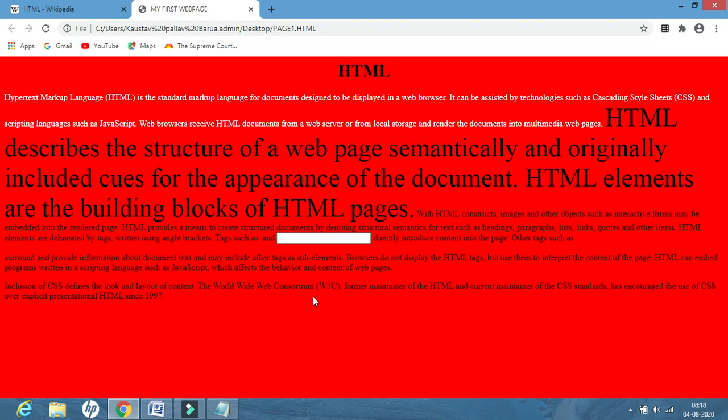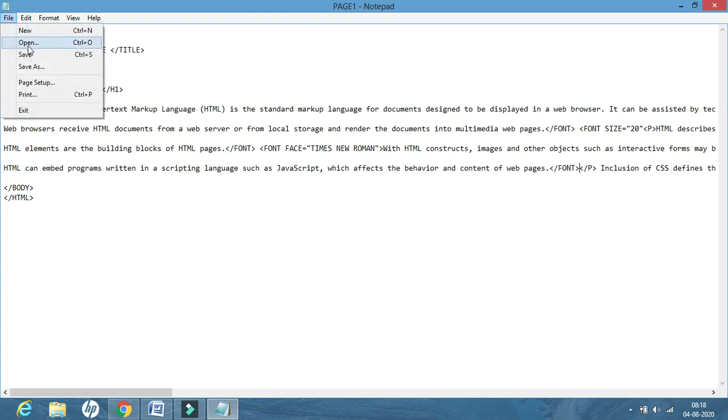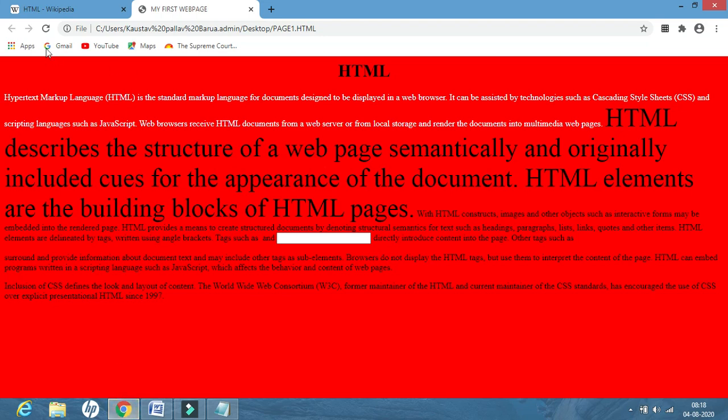So similarly we also can change the type of letters that we are using. So somewhere here we can use font face. Now face means, suppose, Times New Roman. And here I want to close it. It is already in Times New Roman, I think, so you might not see any change, but still let us try. Yes, it is already in Times New Roman, so no change is there. But if you write something else, those things you will get to see.